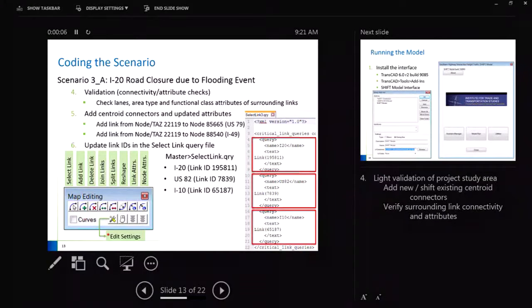But once we've identified the project limits and updated the project list, the master network, we'll want to do some validation. It's always good to, this is such a big model, a national network. It's always good to do detailed validation around the project study area, checking the network attributes, checking connectivity, that sort of thing. And then for situations like lane closures, you'll also want to make sure that the centroid connectors are